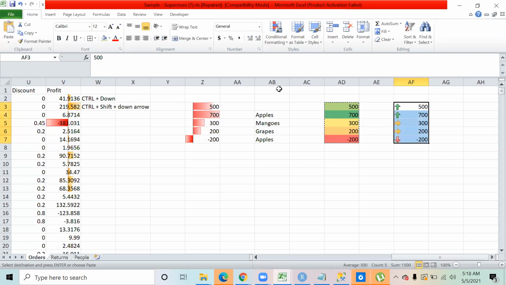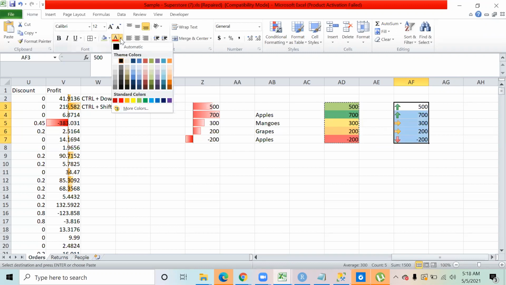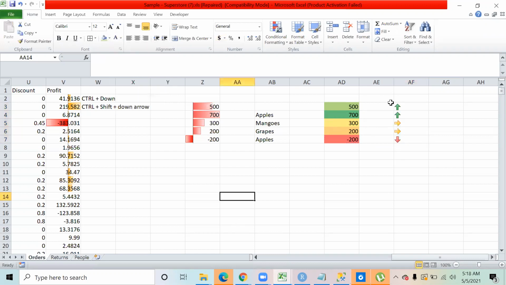Over here you can make the numbers white and keep the arrows over here. So you can write the numbers on this side, what that number is. You're just trying to make a report, which we are going to discuss later, like what exactly a report is and how you make it in Excel. I'll show you that over here. So you can use these arrows or the color saturation points in order to reflect the weight of the numbers.